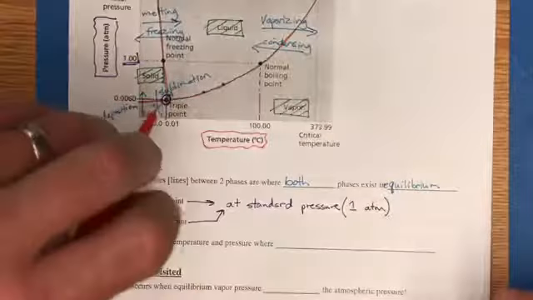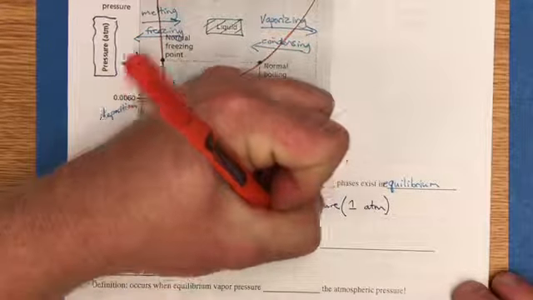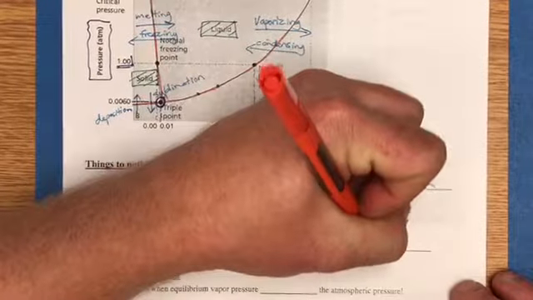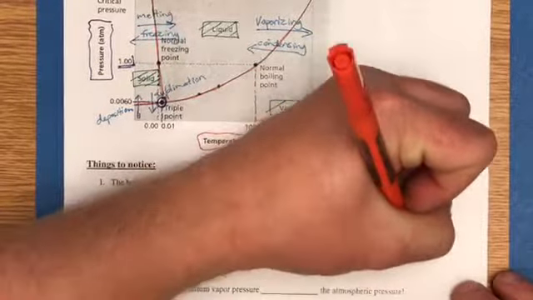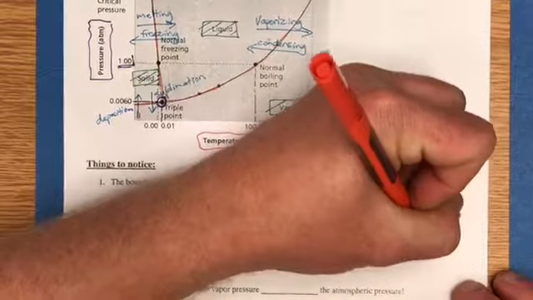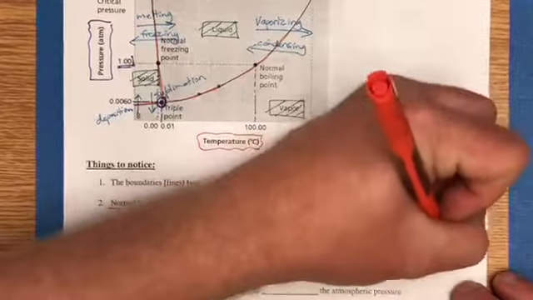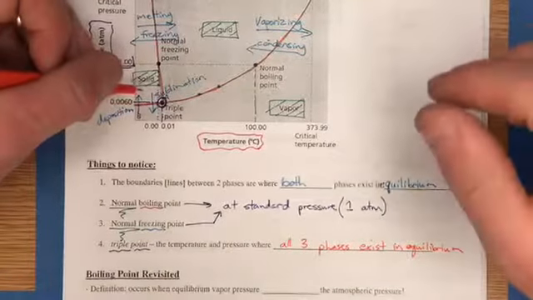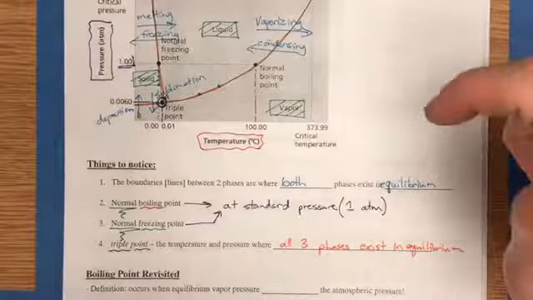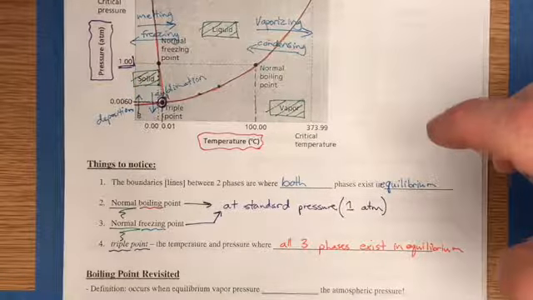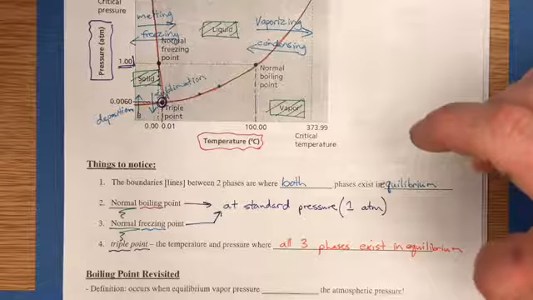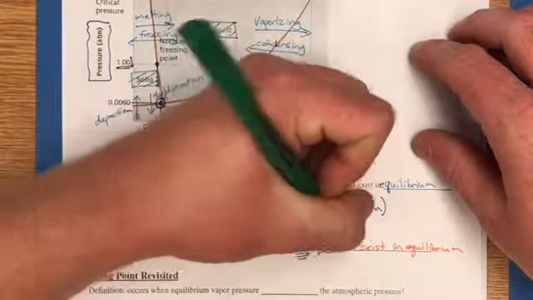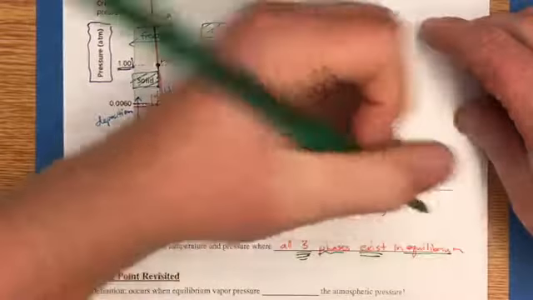This is the temperature and pressure where all three phases exist in equilibrium. That means that if you were at the triple point for water, you would have solid, liquid, and gaseous water all happening at the same time. And the only reason why that's possible is because they're kind of bouncing back and forth between those